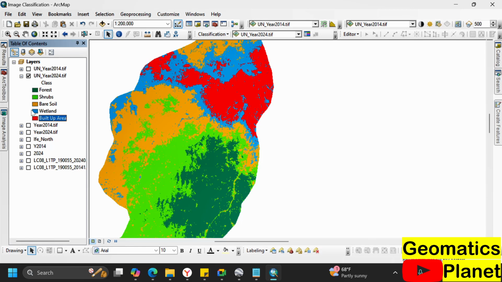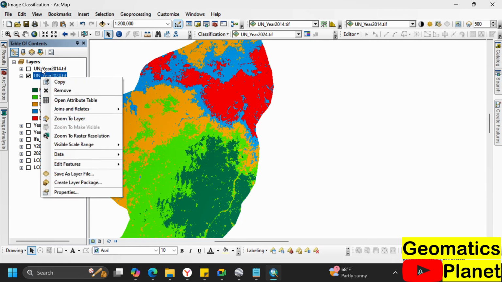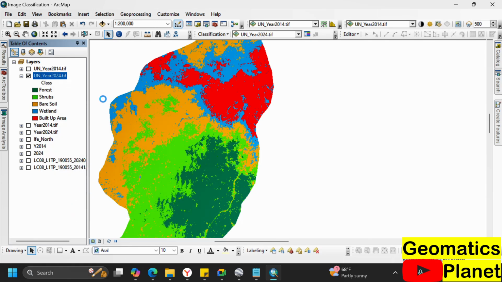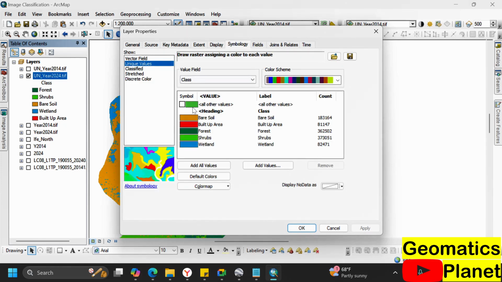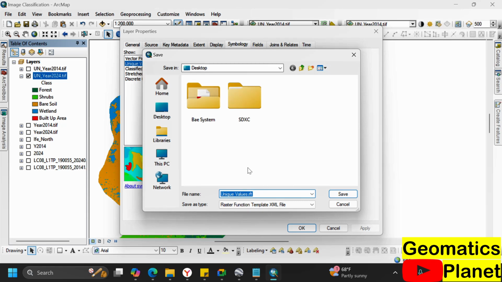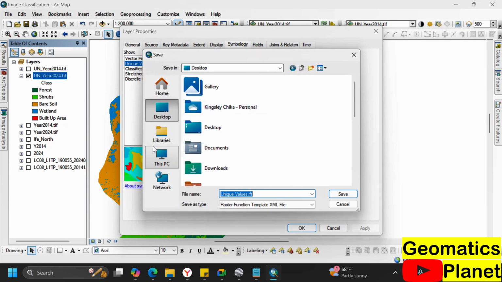Now in this case, for me, I don't want to repeat for 2014. Remember, I didn't tell you, but what I'm going to do is go to the property here. When I go to the property, because the names are the same, written in the same way, if it is true, it's going to match. So I'm going to go to property here where I have this. I'm going to save this. When I click on save here, I can go down backward,